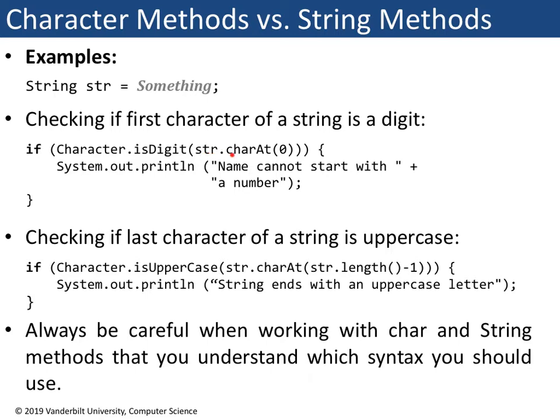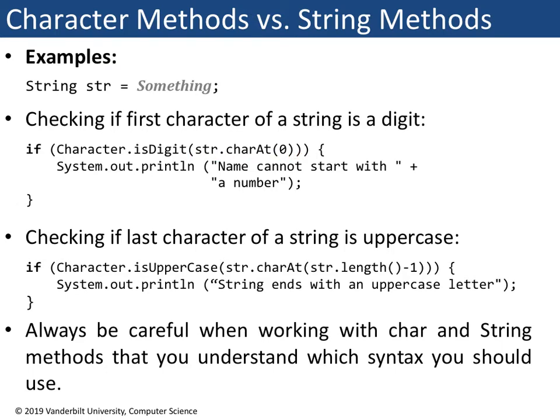This character value will then be the parameter which we pass to the isDigit method. The isDigit method will then return a value of true or false. So the way that this will execute is we have some string which is stored in the variable str. In the if statement, we will evaluate the Boolean expression. To evaluate the Boolean expression, we have to evaluate the parameters which are passed to the method, and to evaluate the parameter,